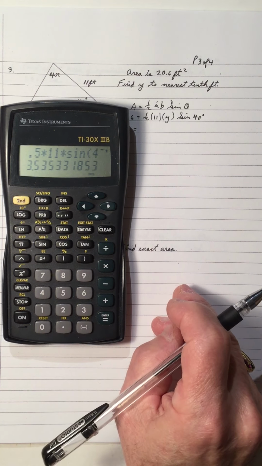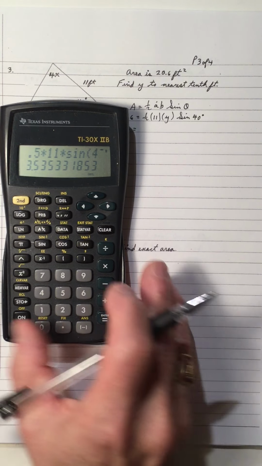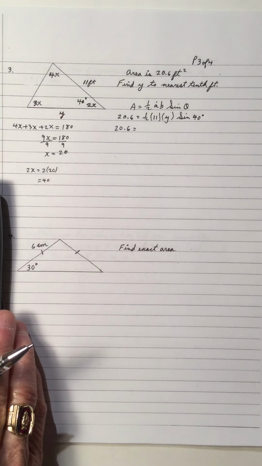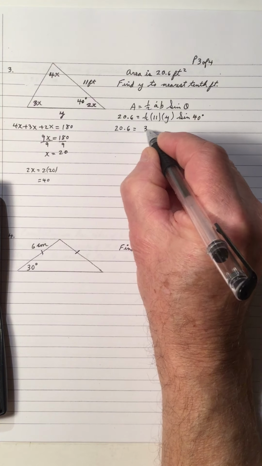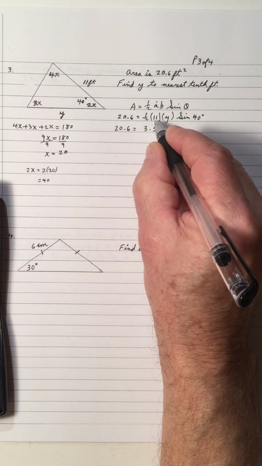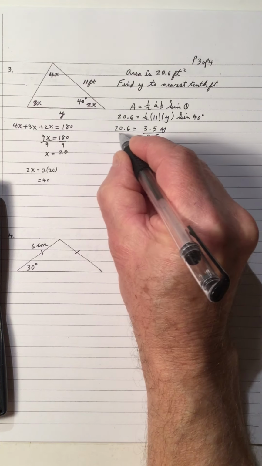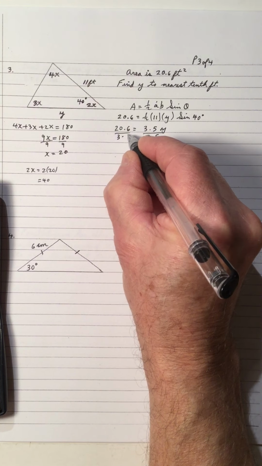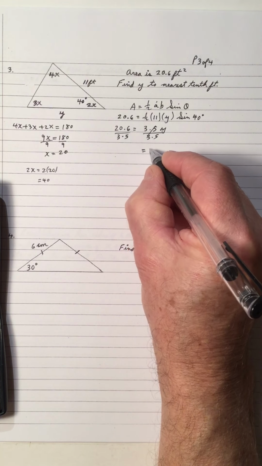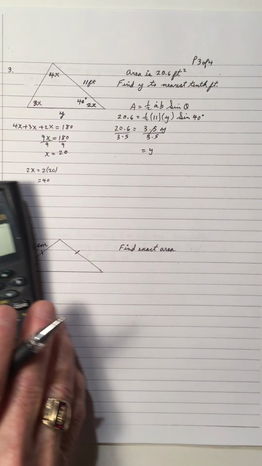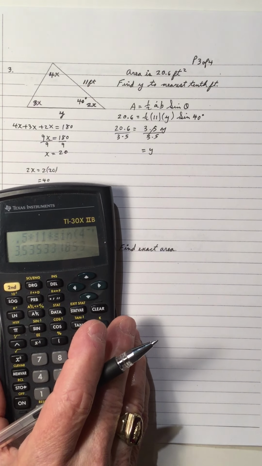And that gives me 3.5 y. Divide by 3.5 on each side, and it cancels. So 20.6 divided by 3.5 is